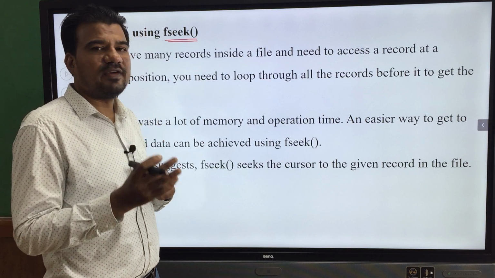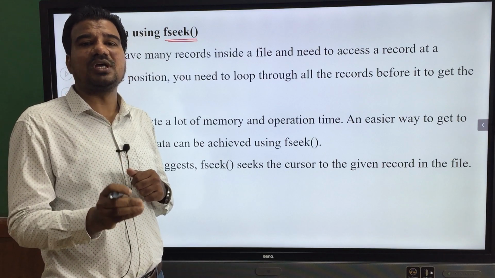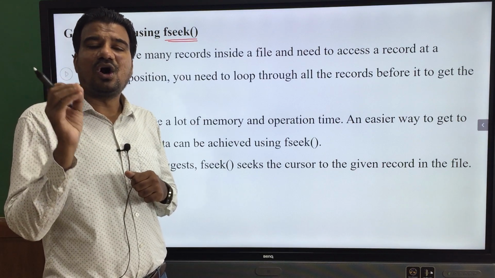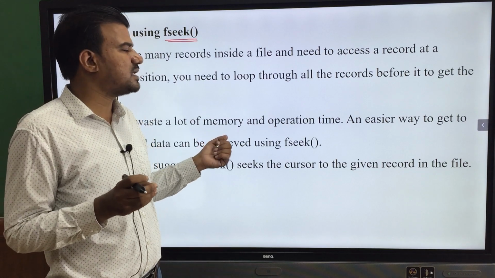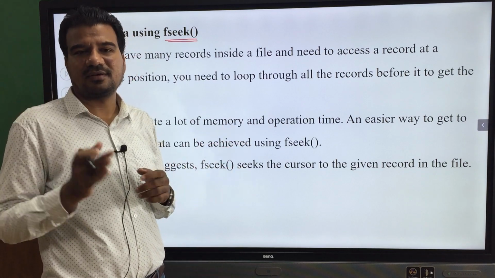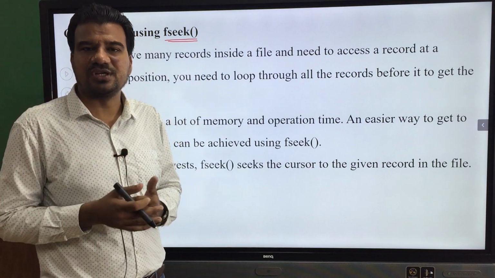So always your program will perform read and write operations to a file at the cursor location, the file marker location. File marker is nothing but the cursor which you will get, the marker. It is a logical entity. We just have to imagine it.